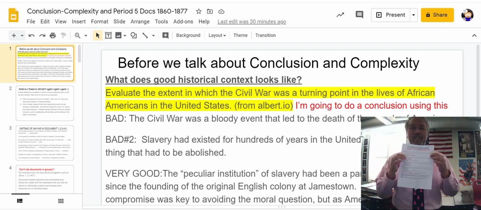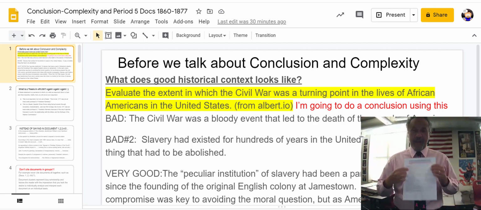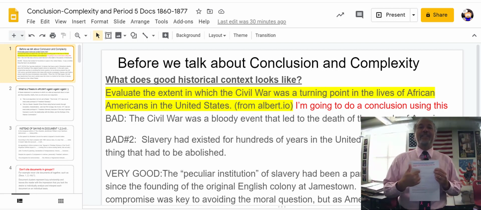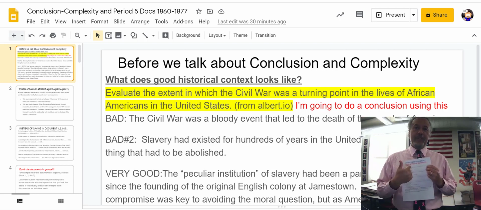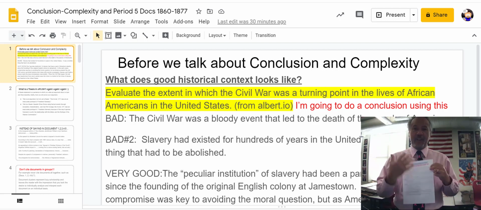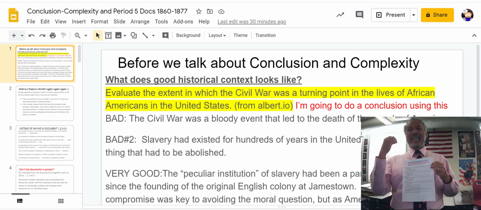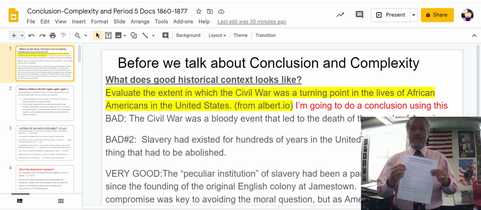On the Remind system and on your email, you'll have this sheet that talks about sourcing. Phrases you can use when you're doing the HAP, when you're doing the historical situation, the audience, the purpose and point of view. You might have this sheet out when you're taking a test because you want some words to use to show that there's historical context. This describes, during this time, the point of view is like the author